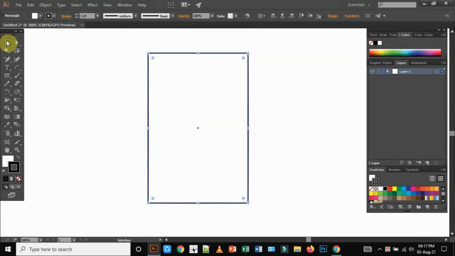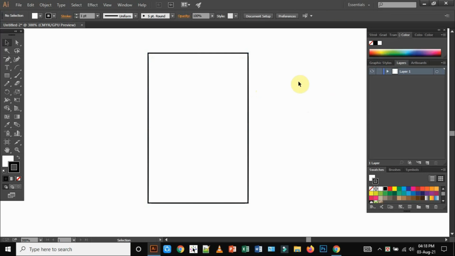After that I am going to the selection tool and clicking outside of this shape, I mean in this artboard. Just click the left button of your mouse. Look at this shape, it is now deselected. By this selection tool we can also select it. Just come on this shape, click the left button of your mouse and select it. And then if you click on this artboard, it will be deselected.